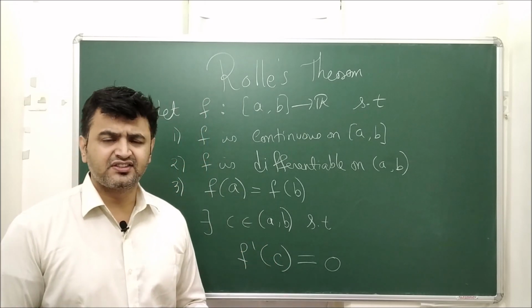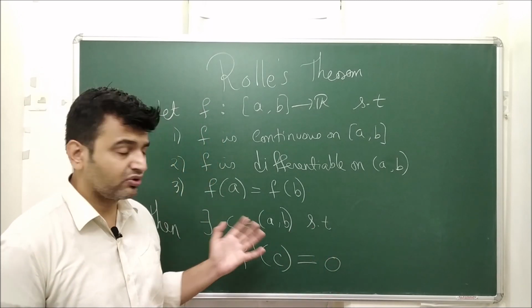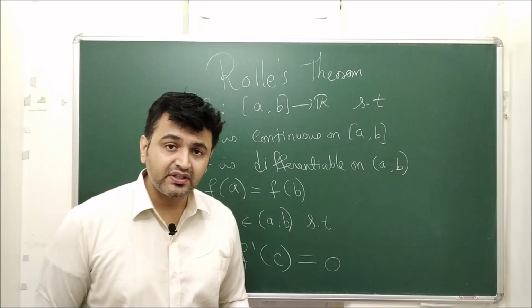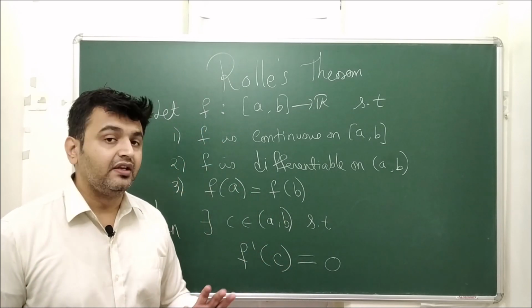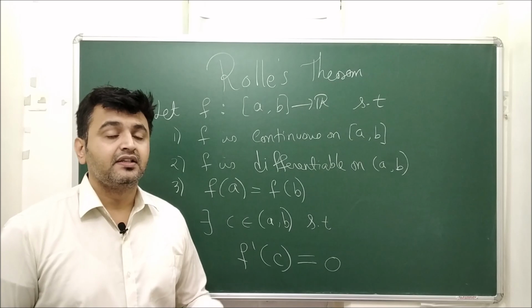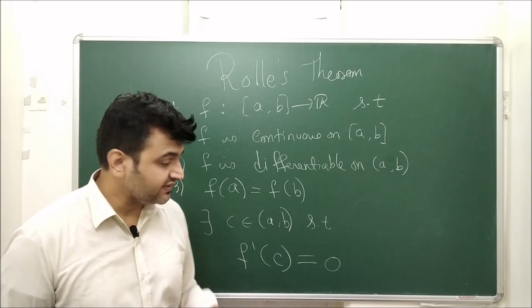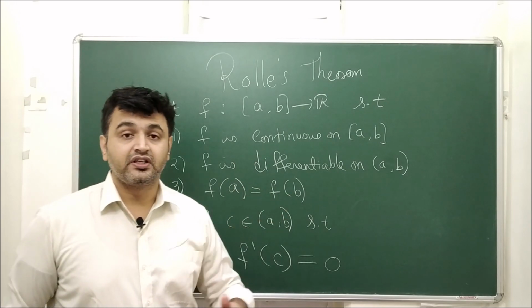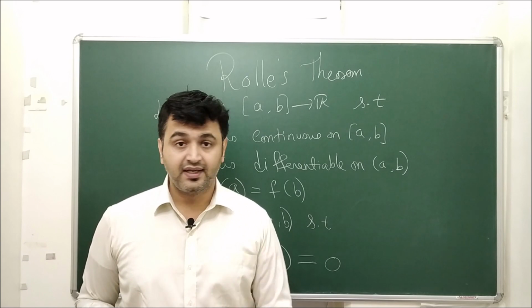I am not going to discuss the proof because if you take any book on calculus, you will see the proof, and the proof is not that difficult. But what is important is you should understand that all these conditions are important. And if any one of the conditions fails, then the theorem may not be true. And we will also see examples that the converse of the theorem is also not true. So we will see all this with the help of examples.